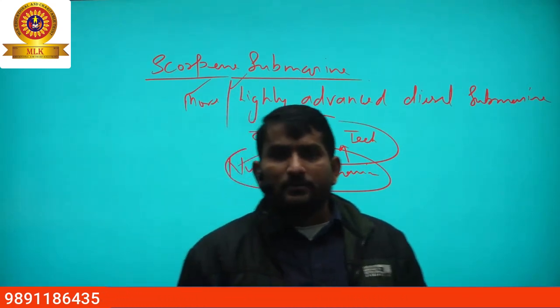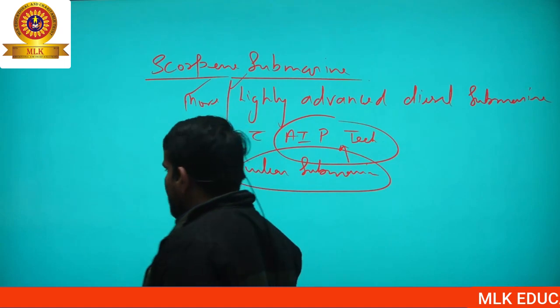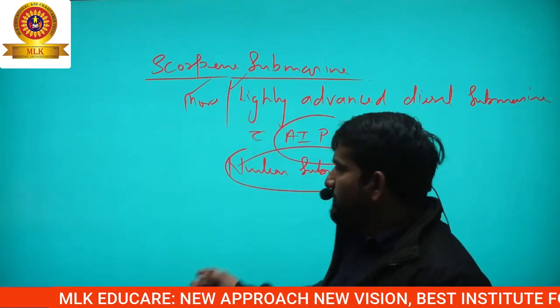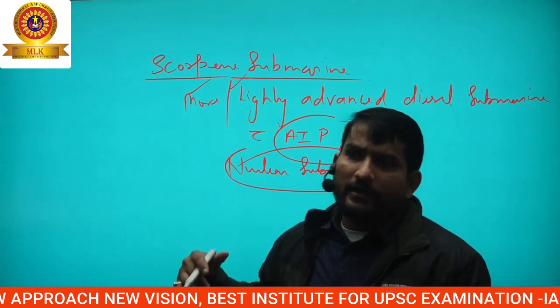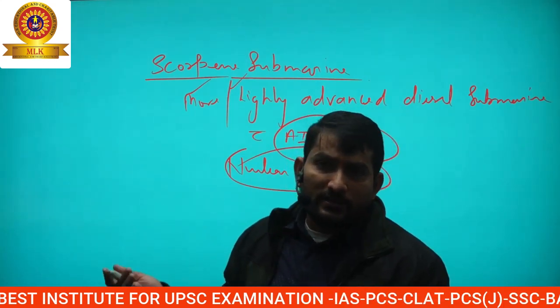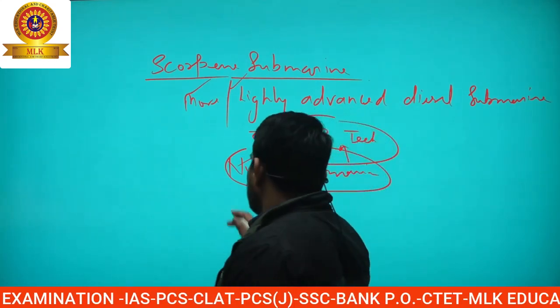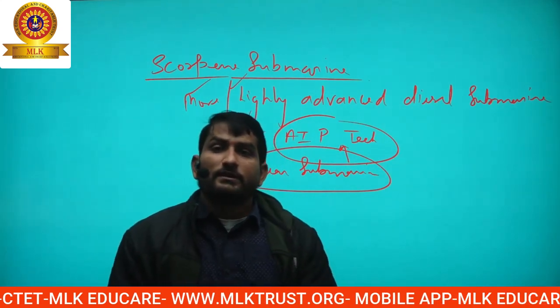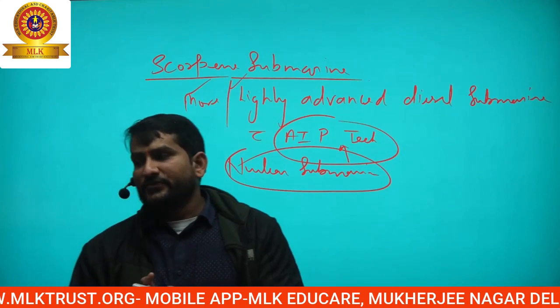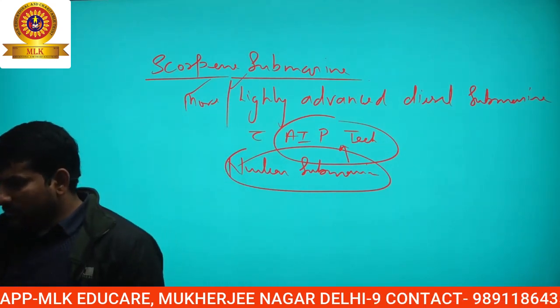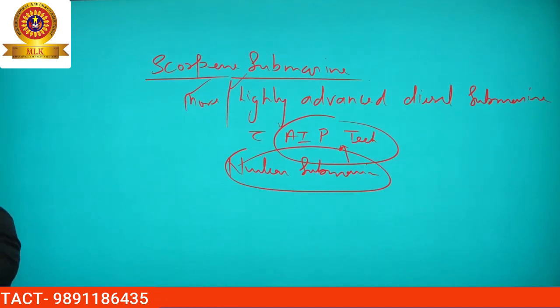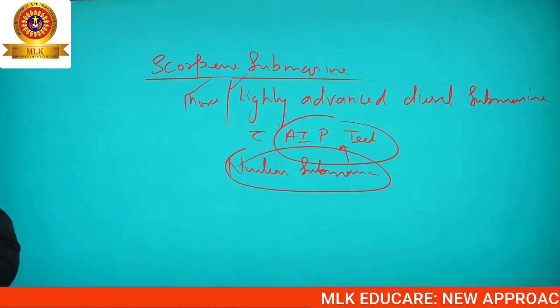And for Scorpion submarines, we saw what the examples are: INS Vela, INS Vagir, INS Vagsheer. So these are the kind of Scorpion type submarines. Clear? And after that, we discussed some submarines, and then, completing submarines,